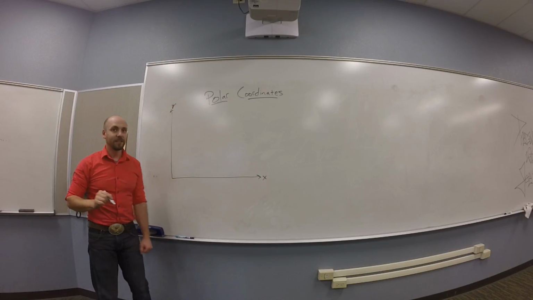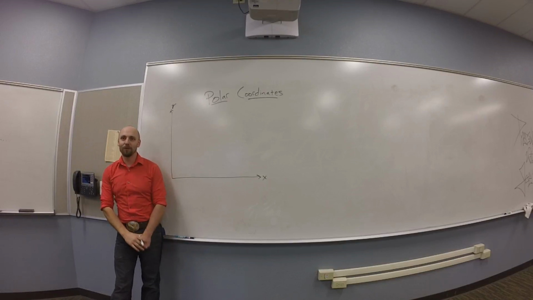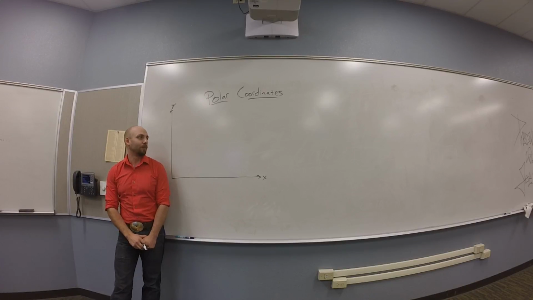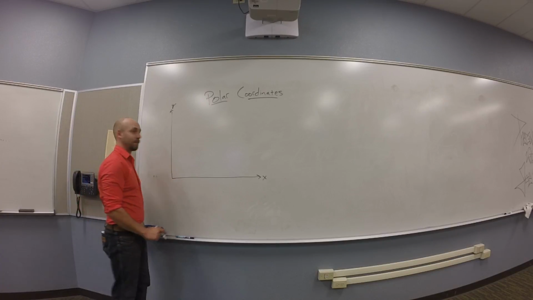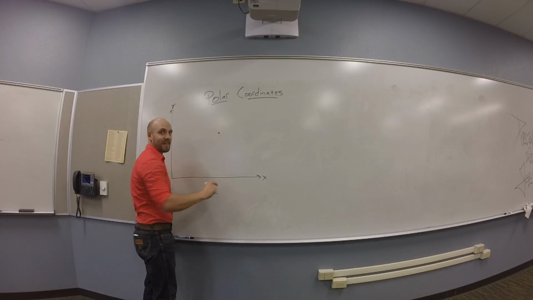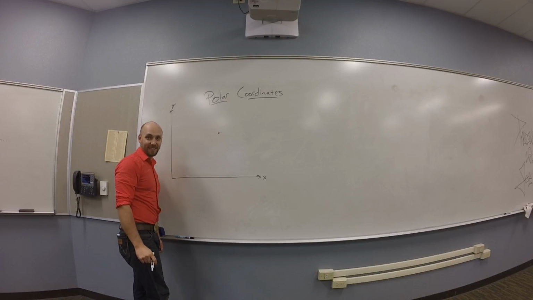Okay. This is your usual XY plane kind of idea, right? Cartesian plane. So that's Cartesian coordinates, right? So how do you tell your buddy to go to a point? You go over X, up Y. Drop a pin and then text him the coordinates. Exactly. So when you text him those coordinates,